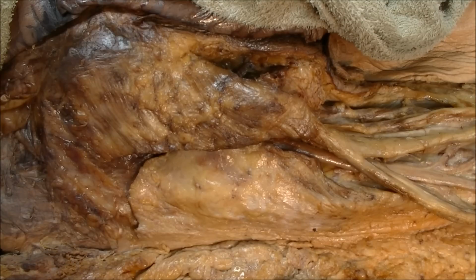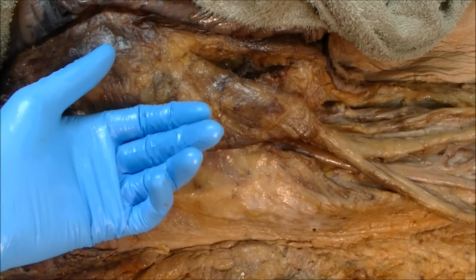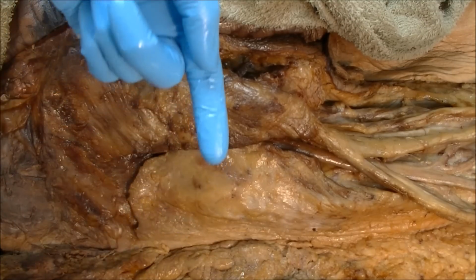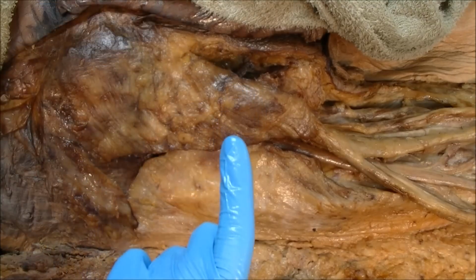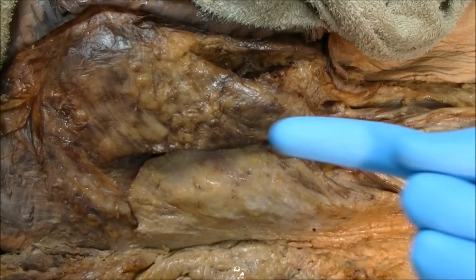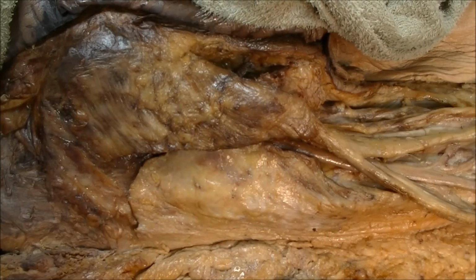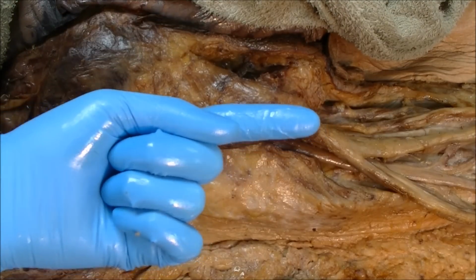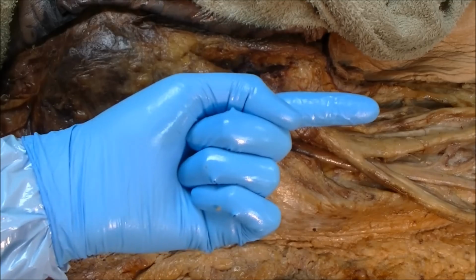So let me just provide a little bit of orientation here. We're looking at the female cadaver. The body is currently lying in a prone position. So the body's lying on its stomach so that the posterior side here is exposed to us. All right, so we're looking at the posterior side of the body here. So this is going to be the left side of the body. The right side of the body would be over in that direction. The head would be all the way up there, further up in that direction. The knee, and then eventually the leg and the feet, they would eventually be down in this direction